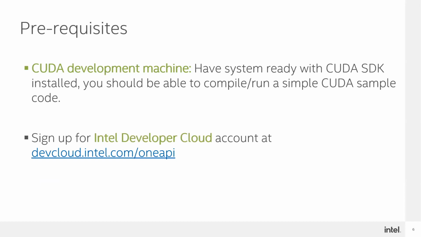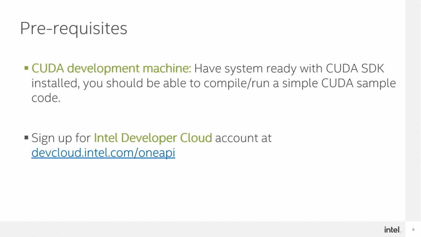So I think this was mentioned in the signups for this series, that the main prerequisite for this workshop is that we require you to have a CUDA development machine, right? So the system which already has CUDA SDK installed, and then something that you're using to compile and run your CUDA sample code, right? This is mainly recommended so that you can follow along as I'm doing the workshop. So if you don't have a CUDA machine, you don't have to worry about it. You can just watch the session, and it's just one command that will be running to actually migrate the code,